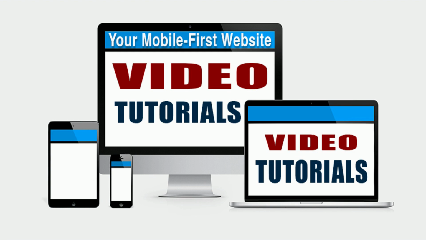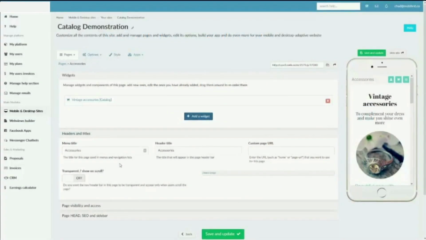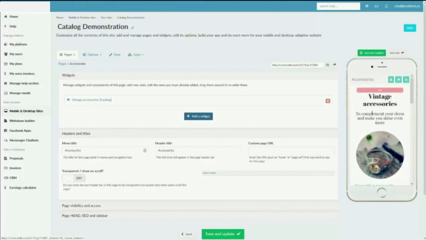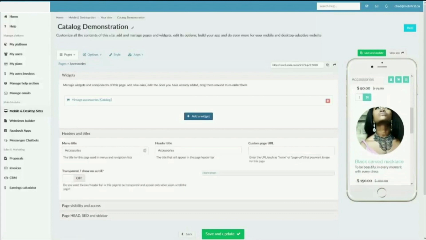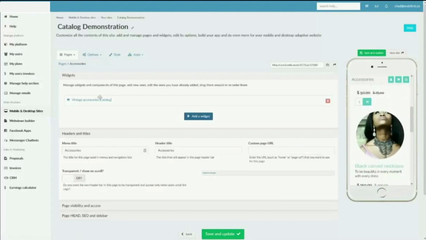In this tutorial, I'm going to be explaining the catalog widget as well as the product widget, both in the same tutorial because they're very closely related. The catalog lets you sell multiple products online. As you can see here, this is a demo sample site just for vintage accessories like rings and women's necklaces and hats. And when you create the catalog,